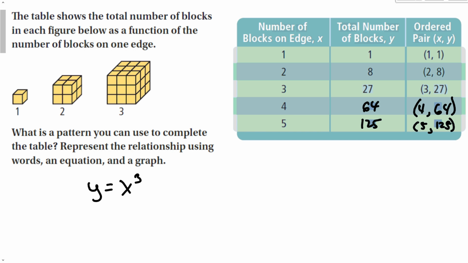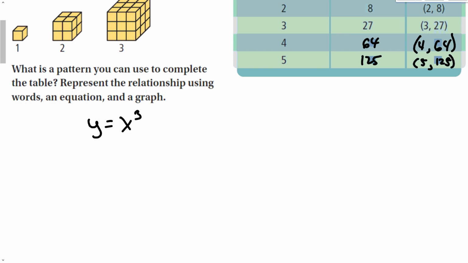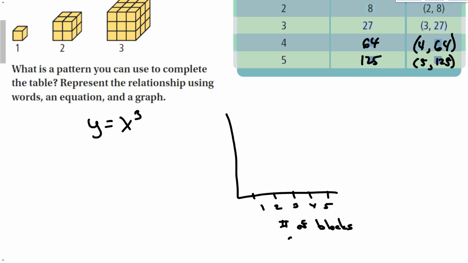And if I wanted to make a graph, this graph would actually get very big very fast. Okay, so if I wanted to make a graph, I would go 1, 2, 3, 4, 5. And that would be the number of blocks on the edge, and this would be the total blocks. Okay, so for here, let's go up by 50. So this is 50, 100,